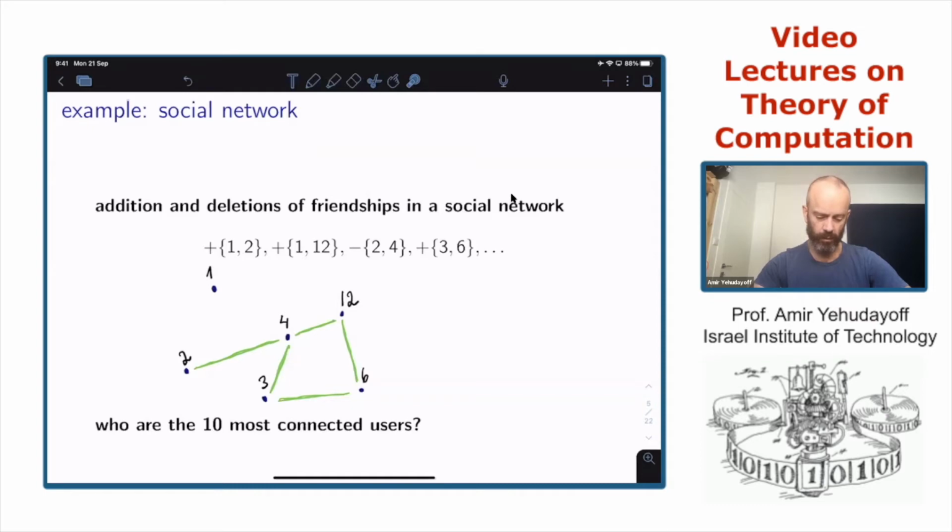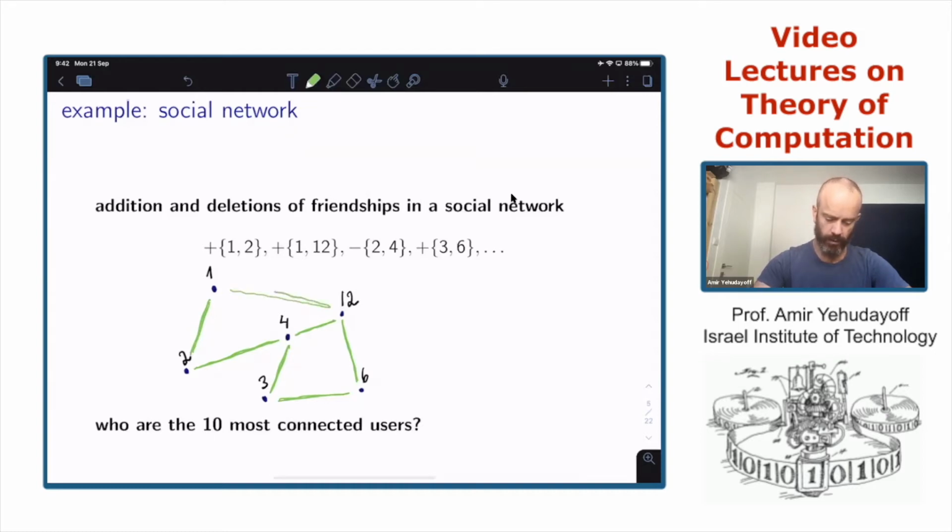So let's say that this is the starting point of the first graph we start with. And then the edge 1, 2 is added. So the first item is add the edge 1, 2. So this is the new graph after we add the edge 1, 2. Then there is the edge 1, 12 that should be added as well.